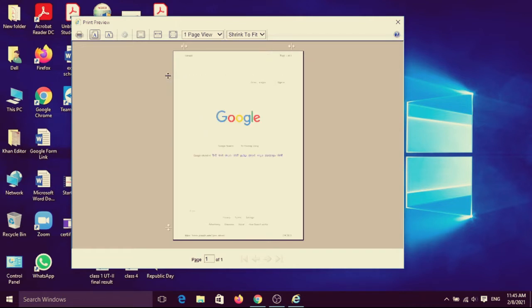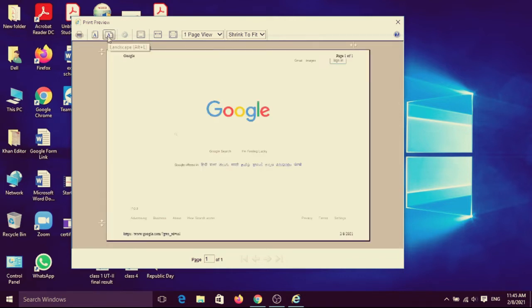Choose the paper size, choose the first one, and it will come inside, and then click on print. Here, print document means Alt plus P, and it will print your page. This is portrait mode and this is landscape mode. By default, portrait is selected, and if you want landscape, your page will be printed like this. The paper will come out printed in landscape mode, and this is portrait mode.